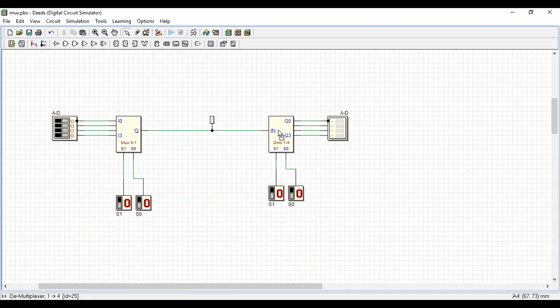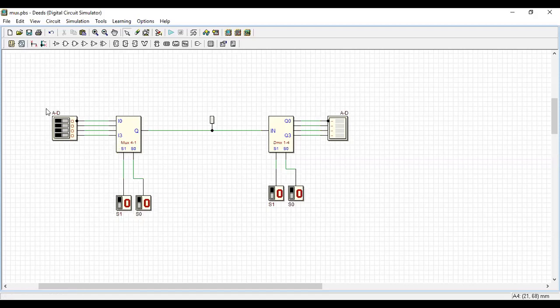Mux and demux together. See, the best example is a telephone conversation. A wants to talk to A, B wants to talk to B, C wants to talk to C, D wants to talk to D, and we have only one channel. We have only one channel for A, B, C, D to talk.